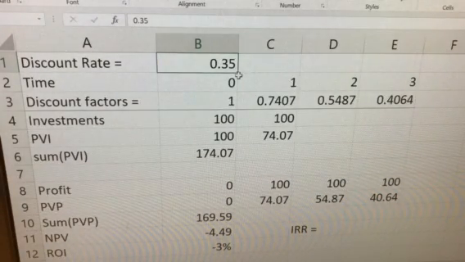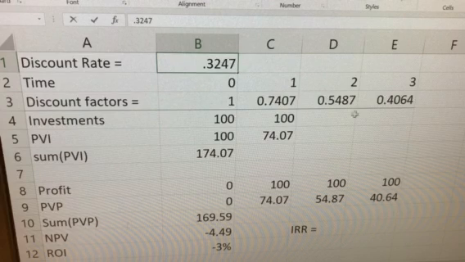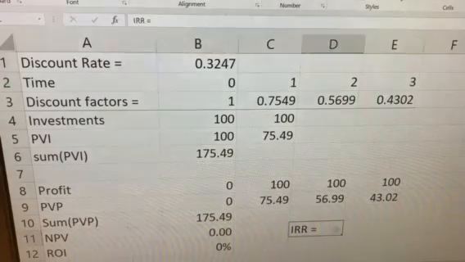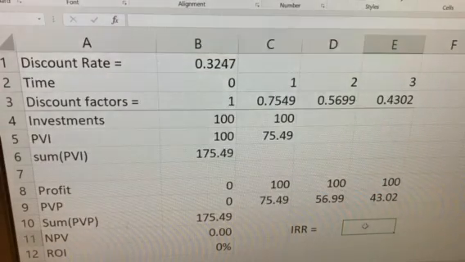I think I figured that out earlier. I think it was 0.3247 or something like that. Let's see if that works. Nice. So that tells us the internal rate of return down here, and so I'm just going to type in that number here,